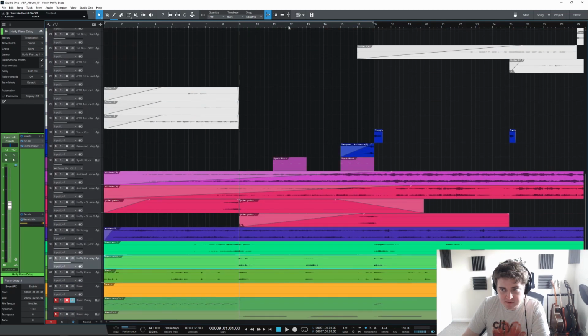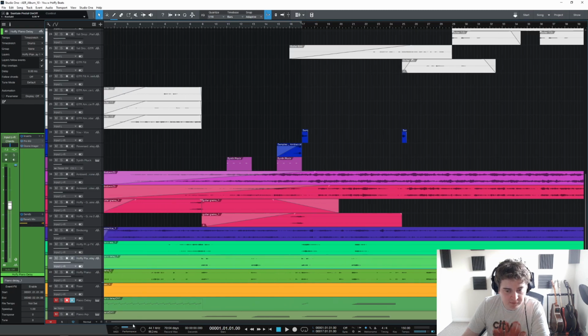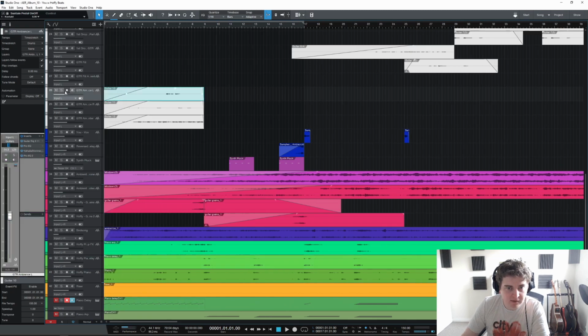We also have some guitars in the intro, which come back a little bit later in the song, but they're not super prominent. You just mainly hear them in the intro and towards the end. So you have a panned left ambience, which just does that little 3-note section there. And then you have one that's panned right.